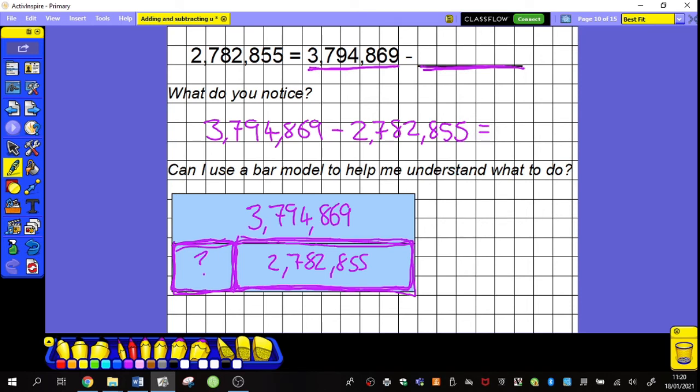So first thing I'm going to do is I'm going to take a column at a time, starting in the ones column. So I have 9 subtract 5, it's going to give me 4. I've got 6 subtract 5, give me 1. 8 subtract 8, give me 0. 4 subtract 2, 2. 9 subtract 8 is 1. I'm going to run out of space here. 7 subtract 7 is 0, and 3 subtract 2 is 1. So my answer must be